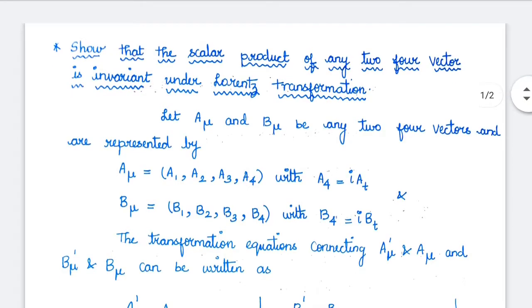Show that the scalar product of any two 4 vectors is invariant under Lorentz transformation. Let us choose any two 4 vectors. So let us take A mu and B mu to be any two 4 vectors, and they can be represented